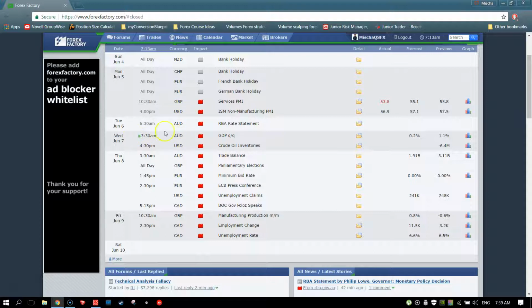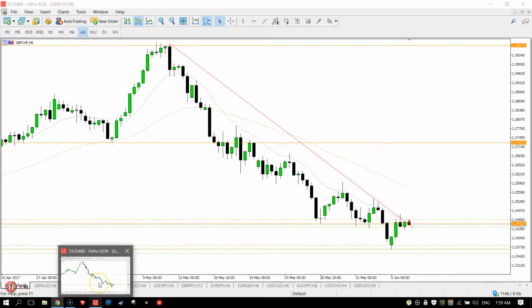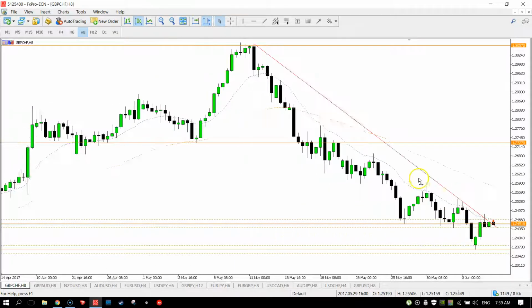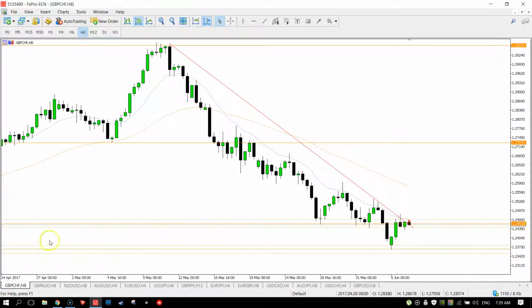Otherwise, it is completely free of big news events today. So it's just a nice relaxed day of trading. So maybe liquidity could become a bit low. Sometimes when there are no news releases, price is just stuck in one space. But anyways, coming back to the chart, British pound, Swiss franc, we have a very